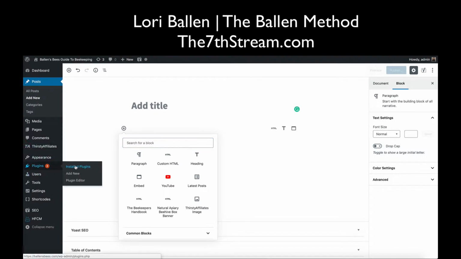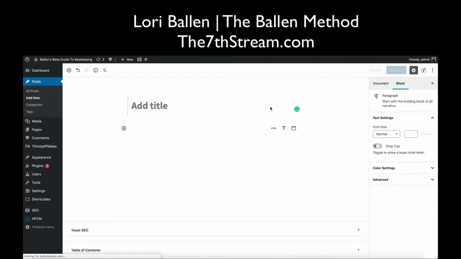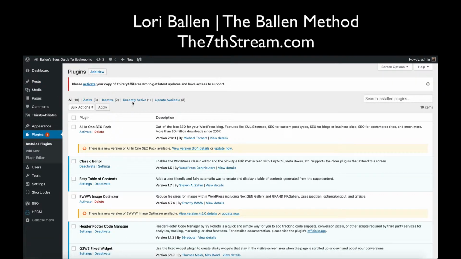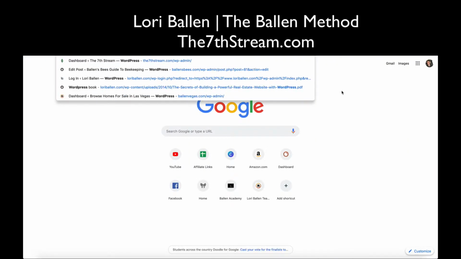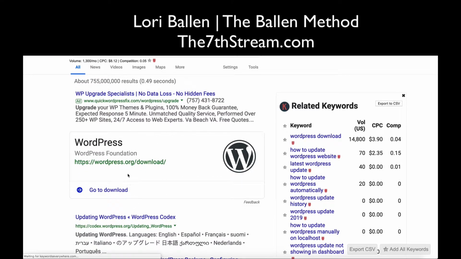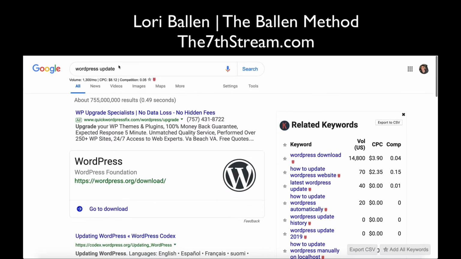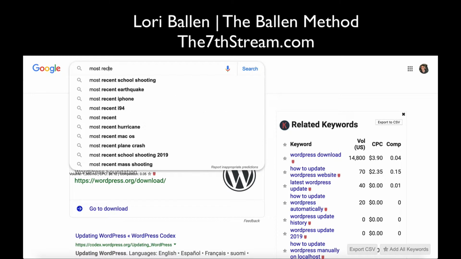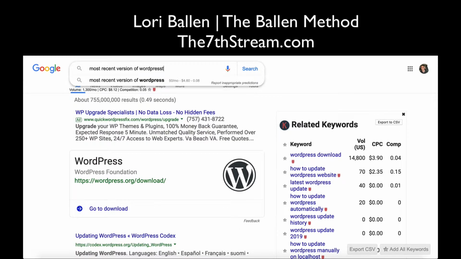If you click over here to plugins, if your WordPress needs to be updated, there's going to be a notification that it needs to be updated. So you want to make sure that you're using the most recent version. You can also put WordPress update in your Google search, and you can access WordPress. Right now, we have the most recent version of WordPress,